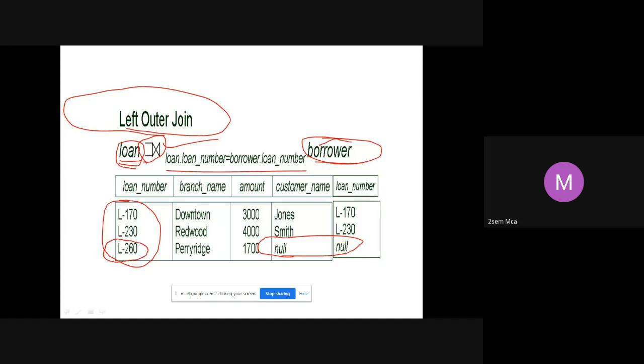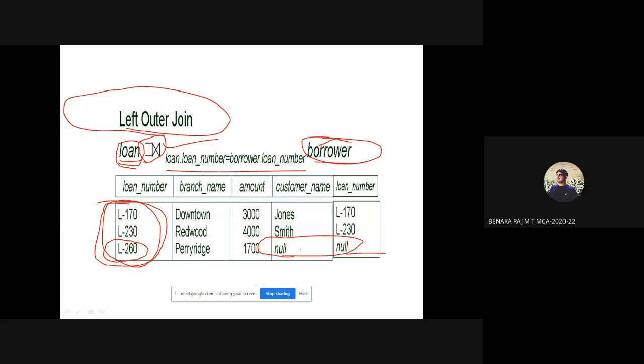Condition is not satisfied, but still it will come here. Corresponding value here will be null. So why did I apply this left outer join? Because I don't want to lose any loan numbers of loan table. I want to know for which loan number we don't have any corresponding values. Am I clear? Left outer join.